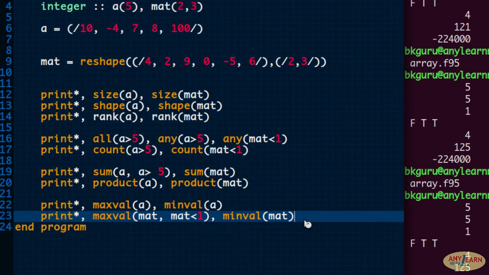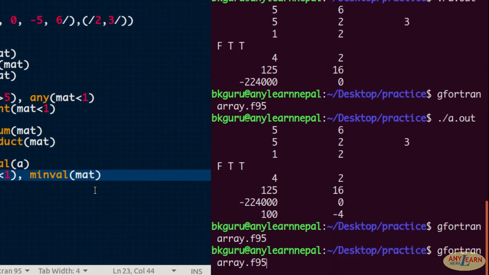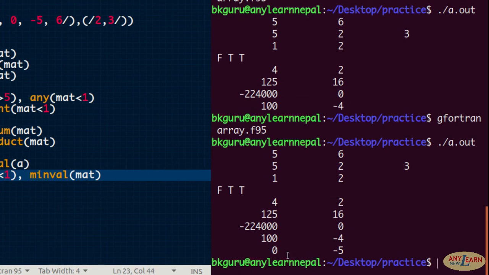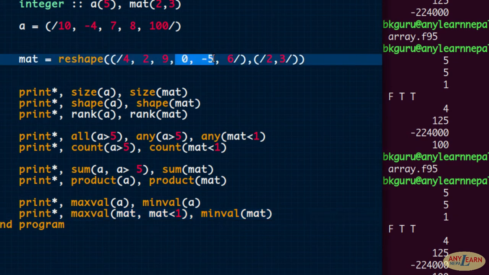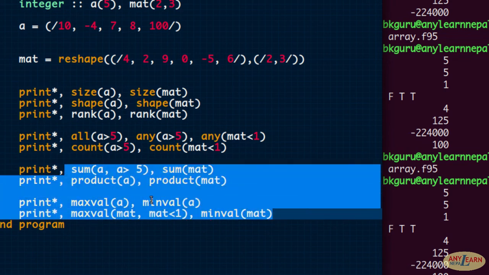If I run that, it says 0. Maximum is 0 because less than 1 are 0 and -5, and 0 is greater, so 0 comes here. This way maxval, minval, and sum, product, you can provide masks in sum, product, maxval and minval.